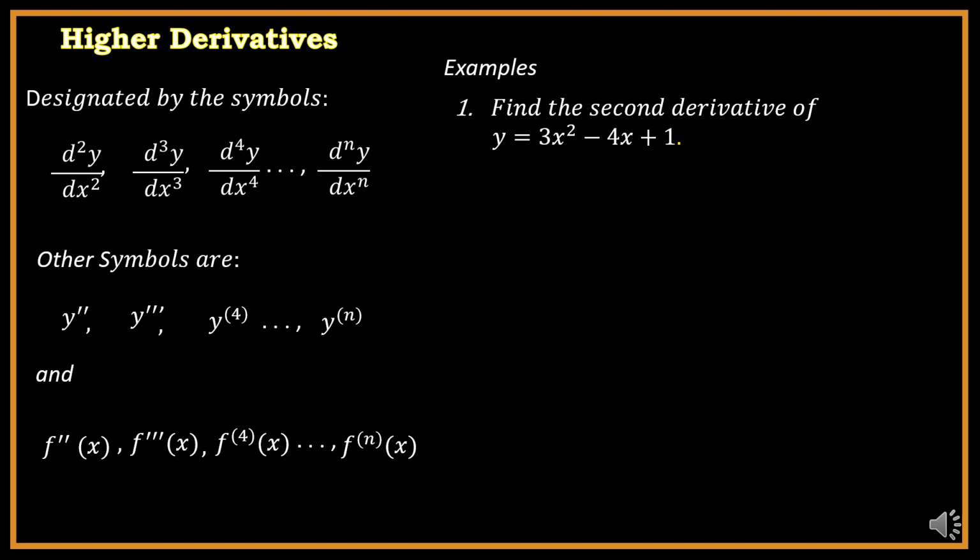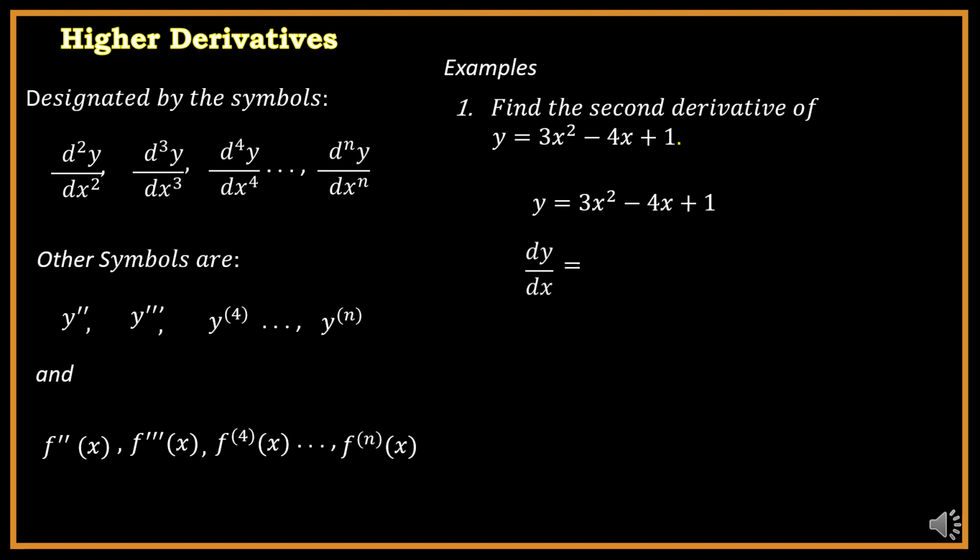For example, number 1. Find the second derivative of y equals 3x squared minus 4x plus 1. So, meaning this expression y equals 3x squared minus 4x plus 1, we're going to differentiate twice since the required is the second derivative. Therefore, the first derivative of this function is dy over dx equals